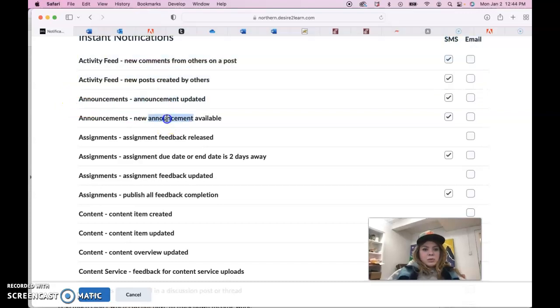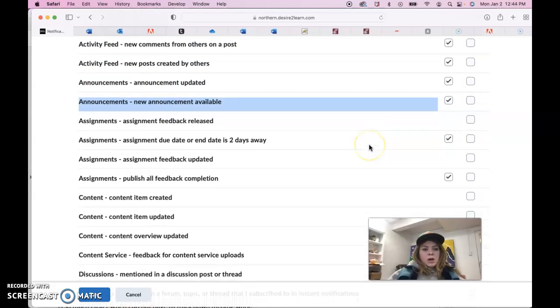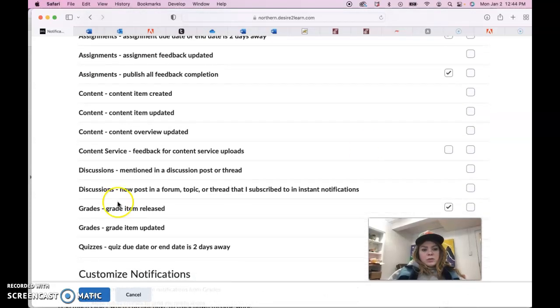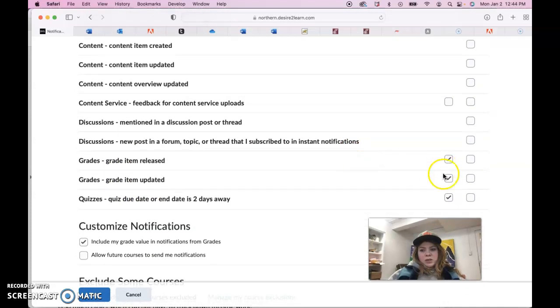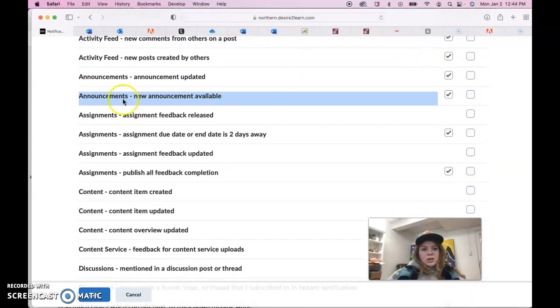So this one here and this one here. You can also do it for other things, such as when grade items are released. I have a lot of mine checked, so you can go through that, but at least check these two that have to do with the announcements,